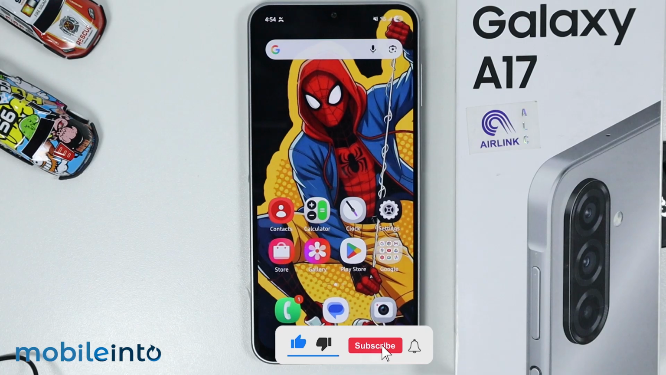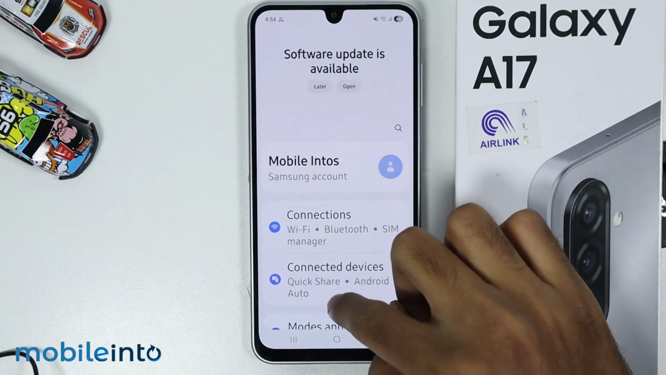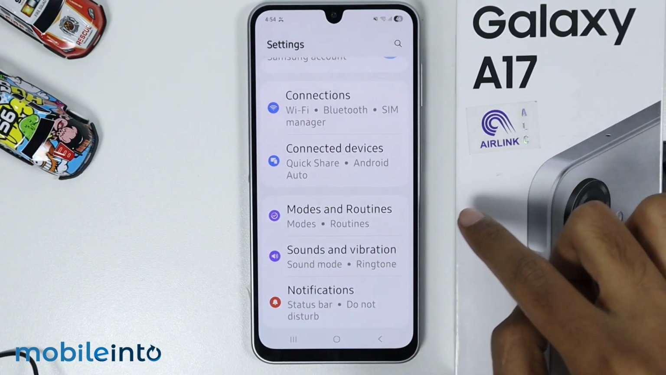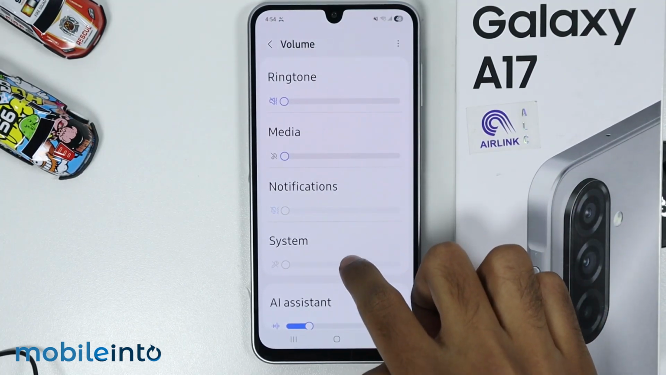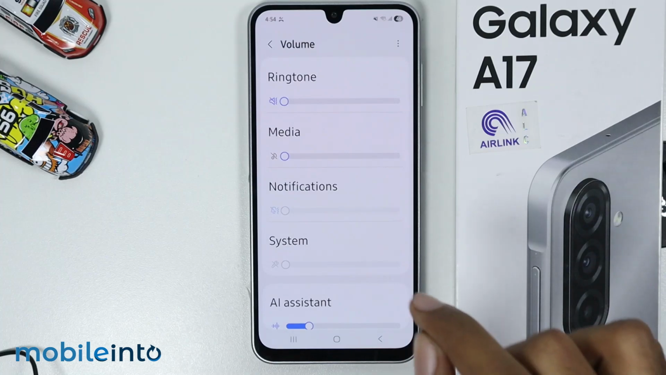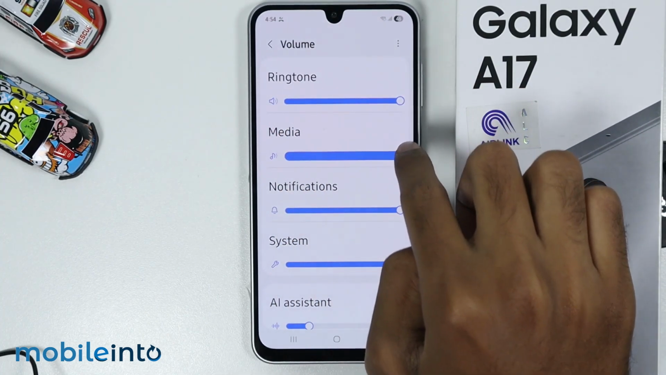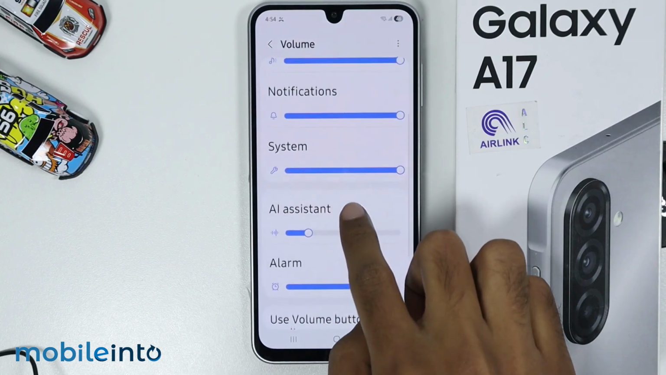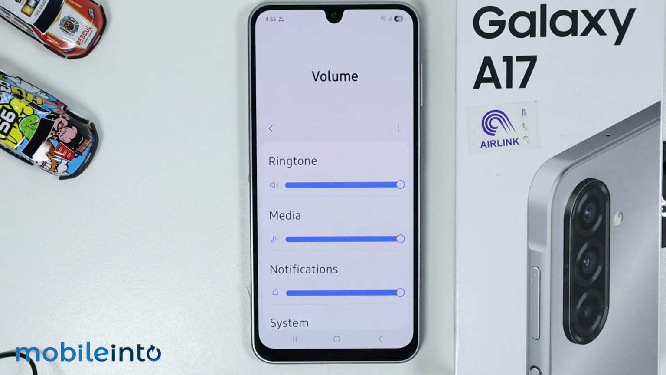If you are facing this problem, that might be your sound is disabled. To enable your sound, simply tap on settings, scroll down and go to sounds and vibration. Now from here tap on volume. As you can see, the volume is disabled. To enable it, simply swipe towards right. Now our volume is enabled,